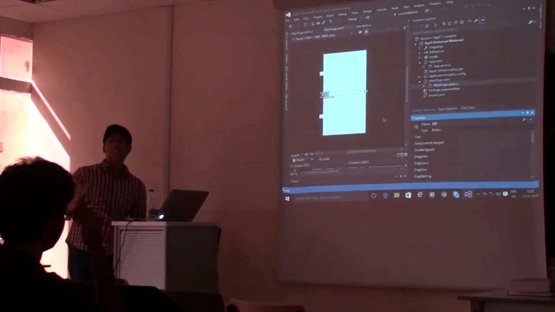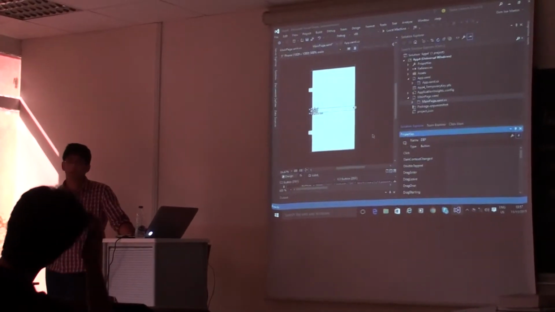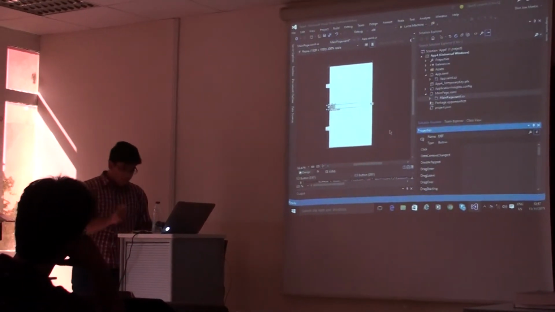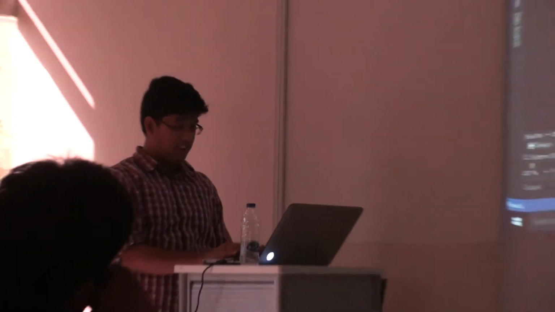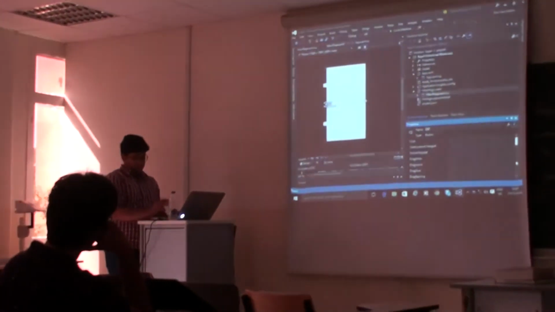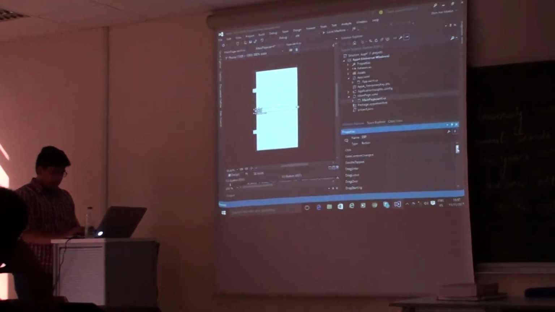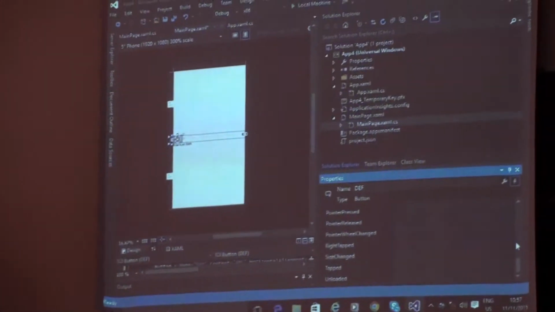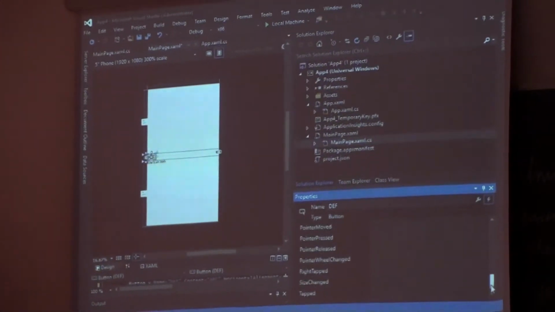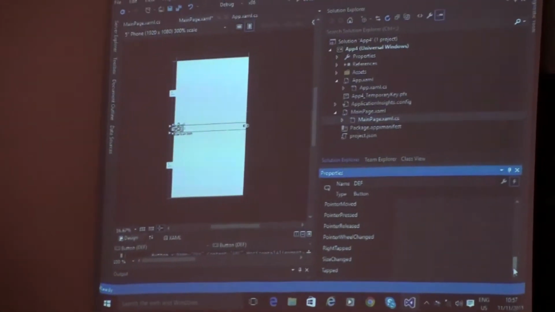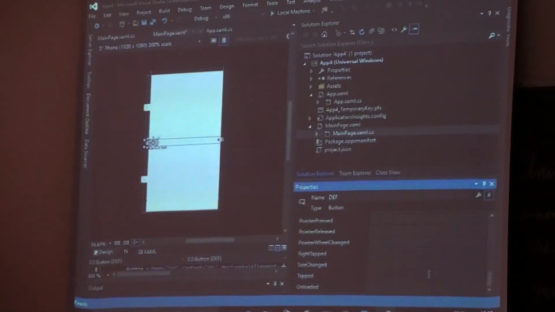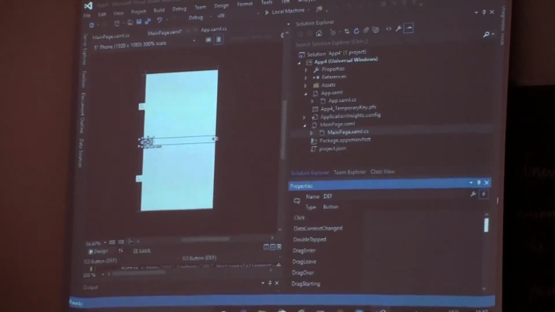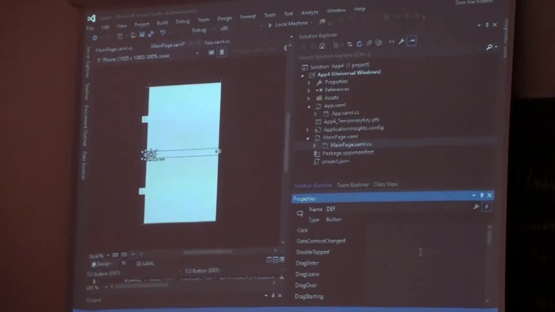So you should be very clear as to what a button should do. If you're clear, then you can have a fairly good idea of which one to use from this. There are about 20-25 functions that a button can do. You don't need to know all of them. You just need to know three of them: tap, click, and double tap.